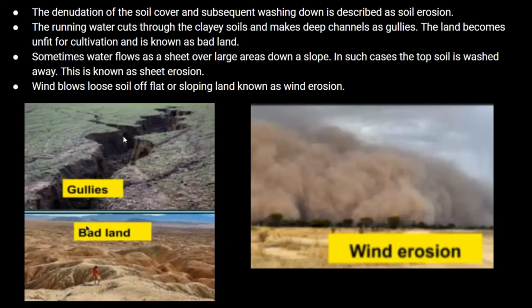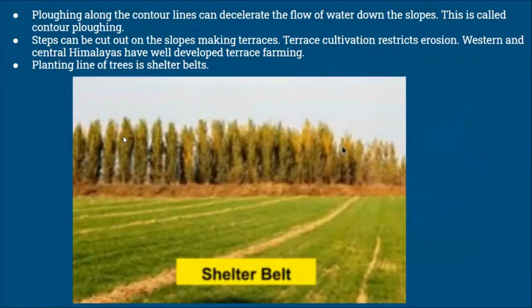And what is wind erosion? Wind blows the top portion of the soil. Okay, that is known as wind erosion. If you see the picture, you can clearly identify. Now, plowing along the contour lines can decelerate the flow of water down the slopes. This is called contour plowing. Okay. So steps can be cut out on the slopes, making terraces. So terrace cultivation, we all know, is a good